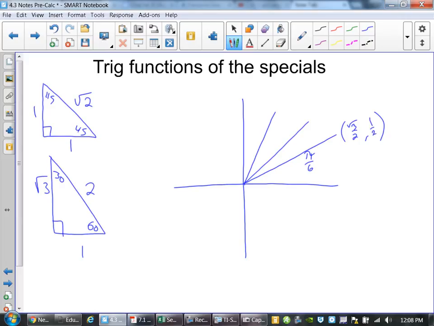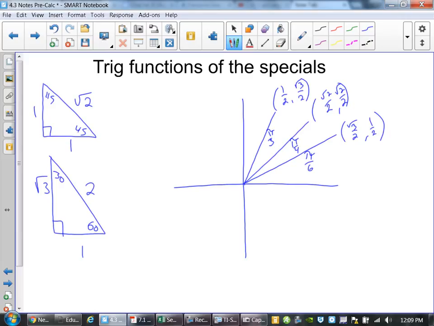The next one was at pi over 4. And that one, sine and cosine values were the same because your opposite and your adjacent were the same. We wrote it as root 2 over 2. And then the last one was your pi over 3. And those were, what was it? Cosine 1/2